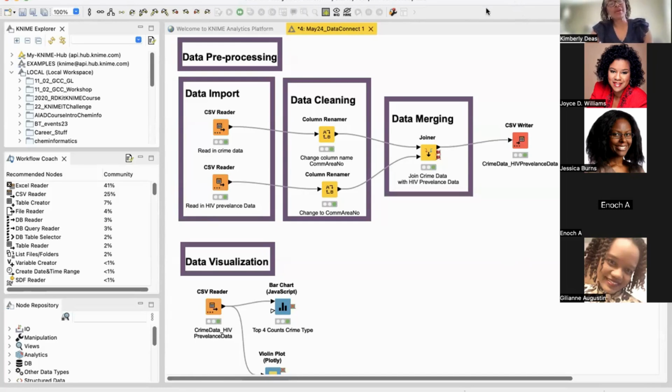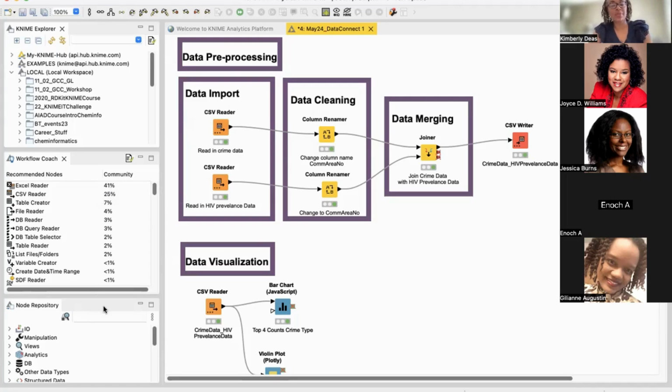So as I mentioned before, the KNIME workspace is broken down into specific sections. You can format this however you want, but in the center, I always have my biggest section be the actual place I'm going to put my nodes and do my analysis. But I always keep this left-hand panel pretty much the same. So it's the KNIME Explorer, which gives you all the files that you've already created in KNIME. Then under that is the Workflow Coach, which once you put a node into your workspace, it will tell you what percentage of the community actually used it for their next step, which I find supremely useful.